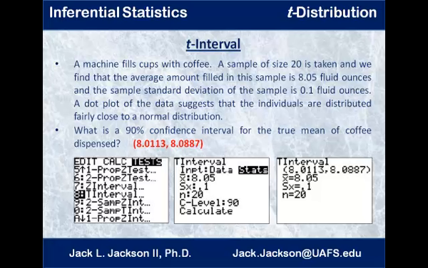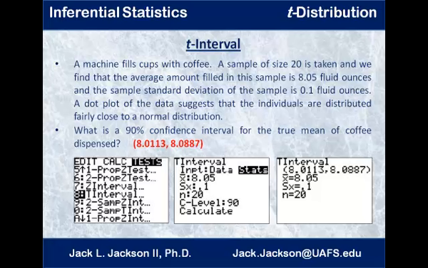And we enter our x bar, which is 8.05. We enter the standard deviation of our data from our sample, which is 0.1. And we enter our sample size, which is 20. And we tell it what confidence level we want. In this case, we're wanting a 90% confidence interval, so we put 90. We leave off the percent sign, just 90. Not 0.9, but 90. And then we go down here and highlight Calculate and hit enter, and it produces